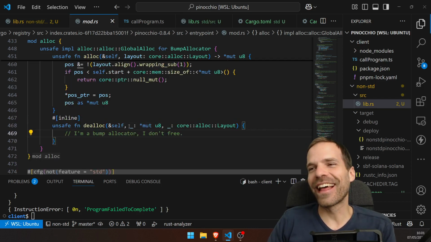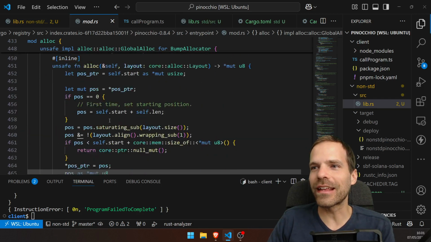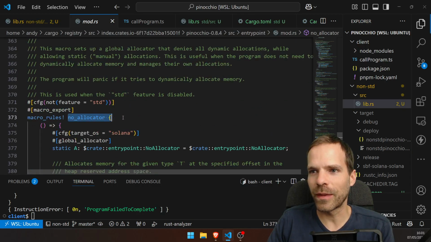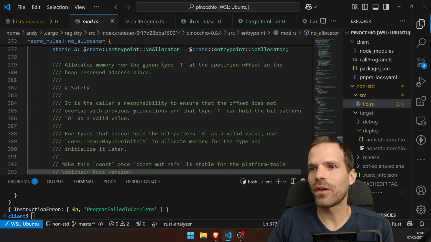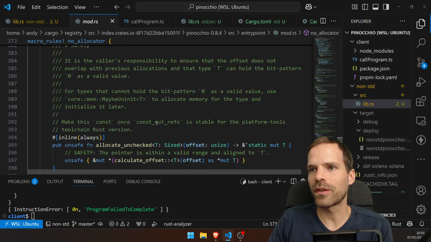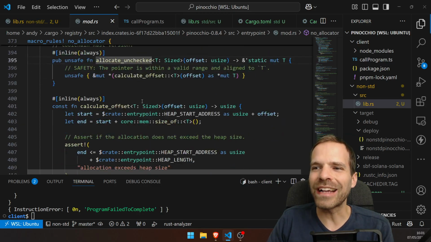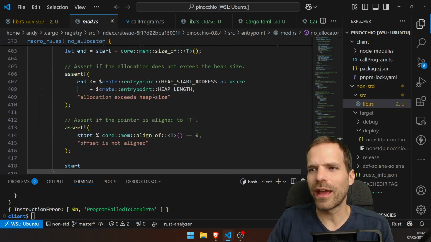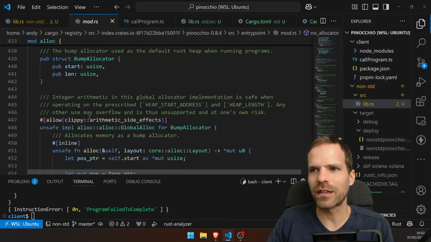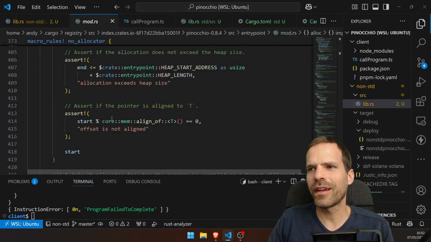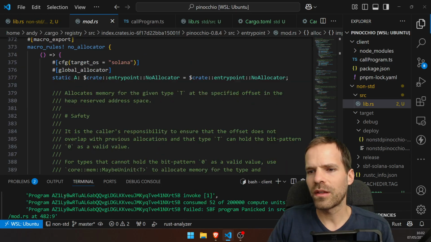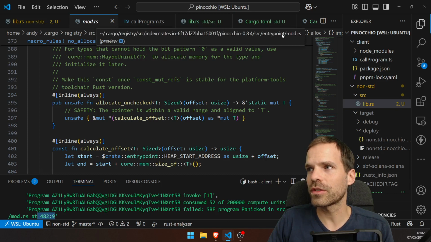Nice. Yeah. Okay. But again, it is a pretty simple implementation of this. But my no allocator ensures that the offset does not overlap with previous allocations. Okay. So allocating unchecked and calculating the offset I can do. But as soon as I try to actually normally allocate, like here with a normal alloc, then I guess this will fail. I don't see the code for that where that fails. The entry point 482. That's where we are. Source entry point, but